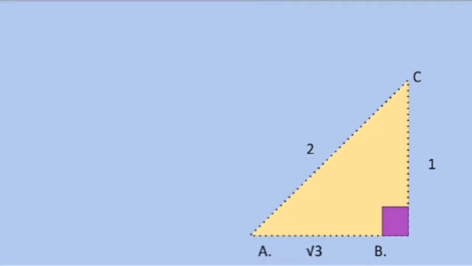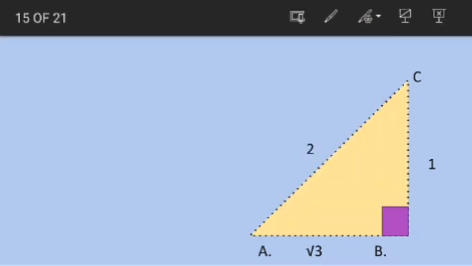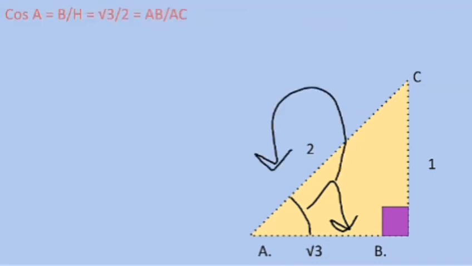Now the value of cos A. The value of cos A is going to be based upon the hypotenuse. Here, if we're talking about the angle A, that is this angle, the base is going to be AB because this is adjacent to it, and the hypotenuse is going to be AC. Therefore, substituting base upon hypotenuse, it is AB upon AC, that is root 3 by 2.